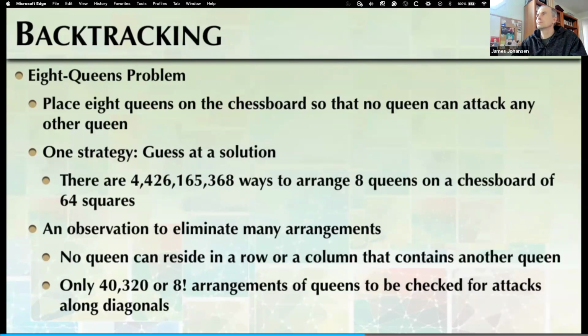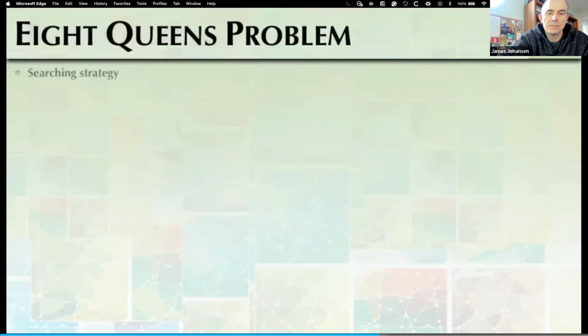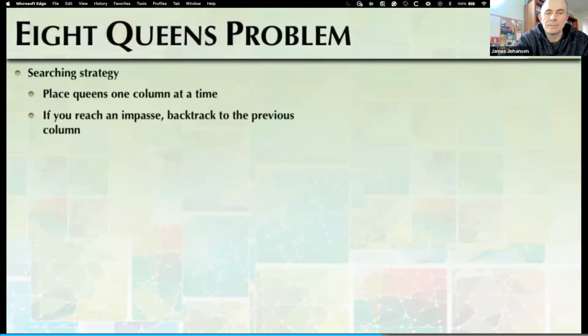That really narrows it down to about 40,000 different options, or 8 factorial different arrangements that we can use to check. Well, let's use our backtracking idea and come up with a search strategy that'll help us out. Our searching strategy is going to place queens on the board 1 column at a time. We'll start at the leftmost column, place a queen, then place one on the next column, and place one on